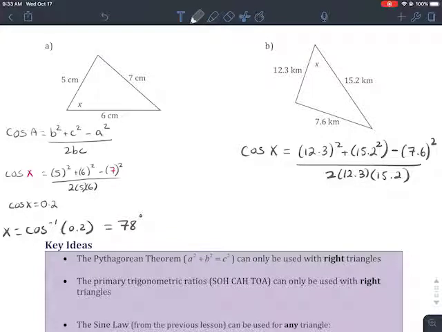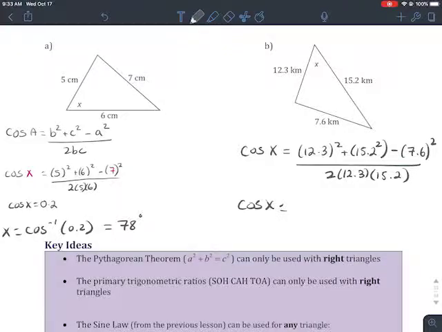Divide by 2, 12.3, 15.2. Okay, and then we can find out what cosine of x should be equal to. So 12.3 squared plus 15.2 squared minus 7.6 squared. And 2 times 12.3 times 15.2. Okay, so cosine of x is